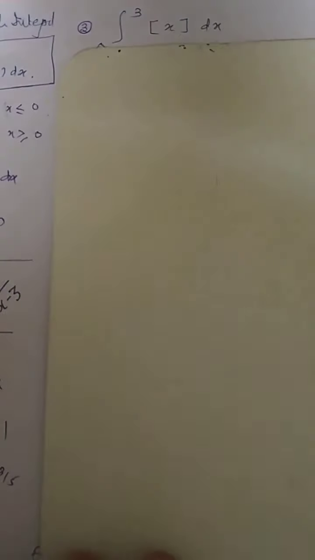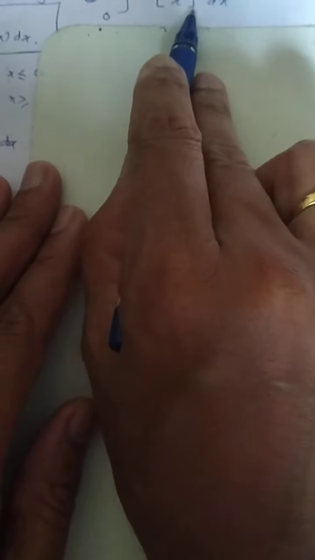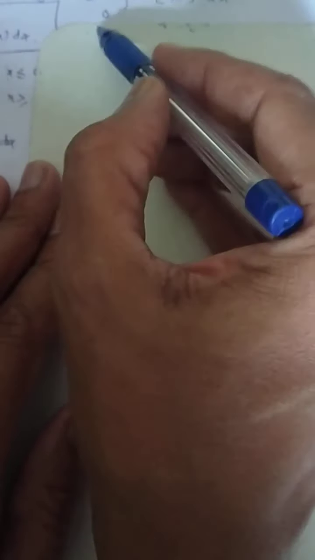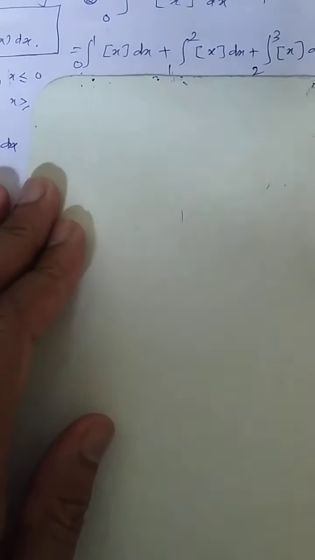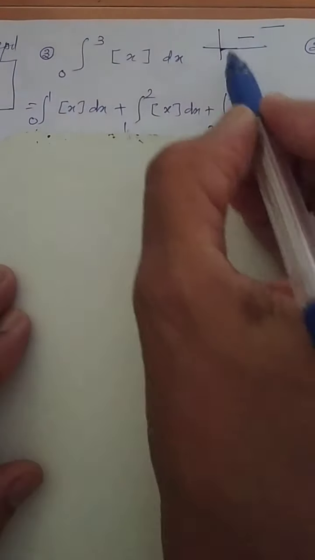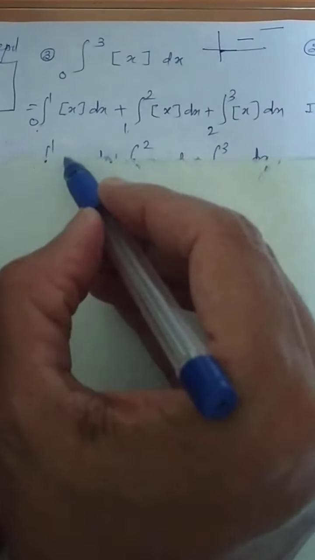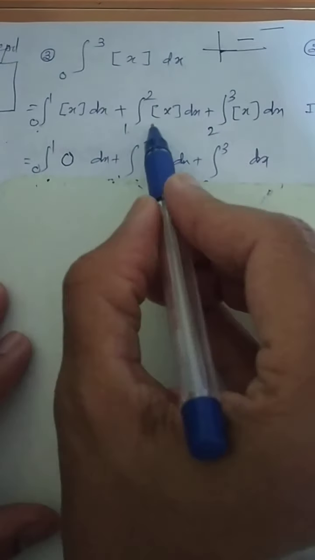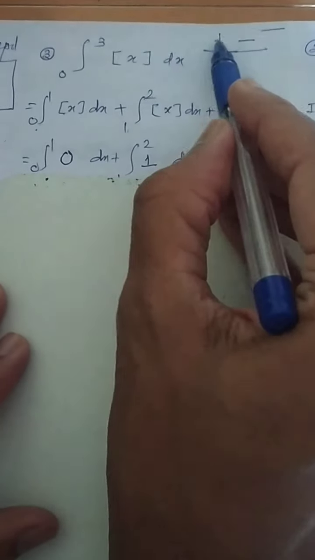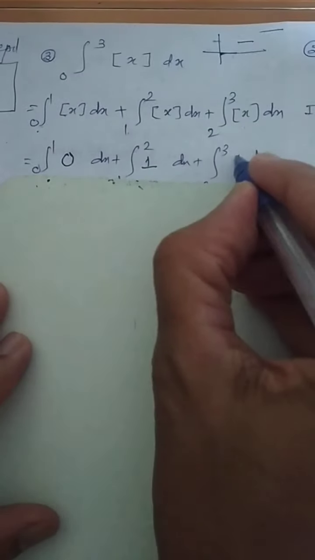So we are talking about this type of question where you are breaking the limit. This is one more expression, 0 to 3, greatest integer of x. But you know the graph of the greatest integer changes at integral values. So 0 to 1, 1 to 2 and 2 to 3. This is the first step. The graph changes like this. Now you know the value of the function between 0 to 1: the greatest integer function will be 0, so I will write 0. From 1 to 2 it is 1. And for the interval 2 to 3 it will be 2.